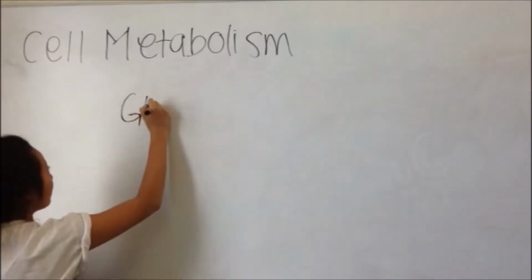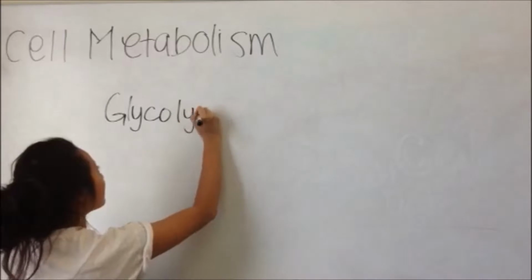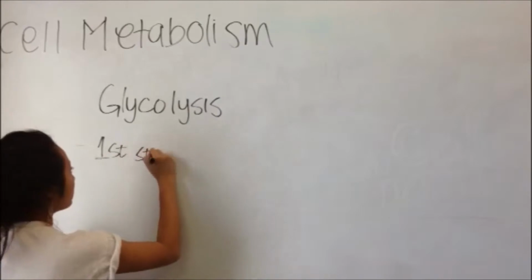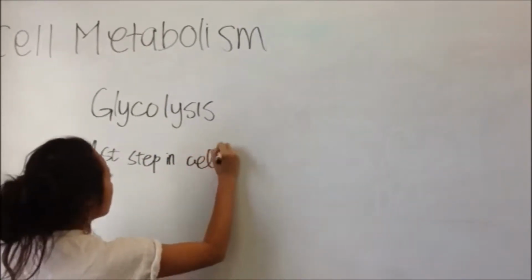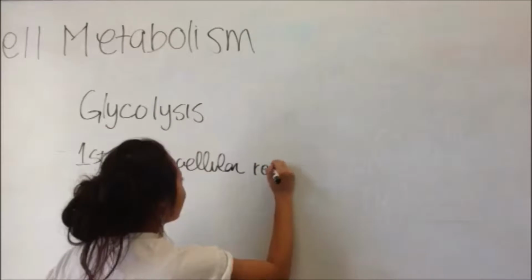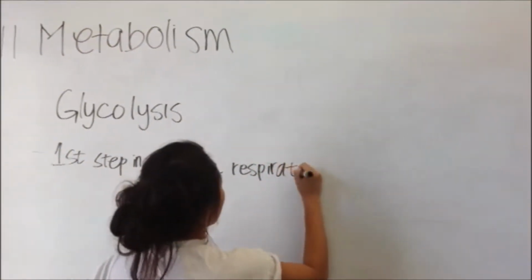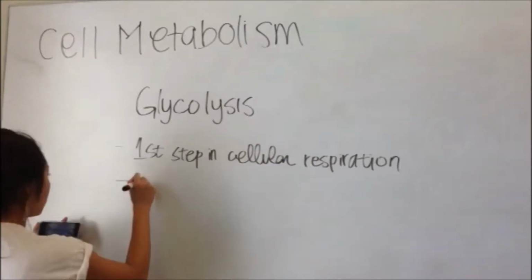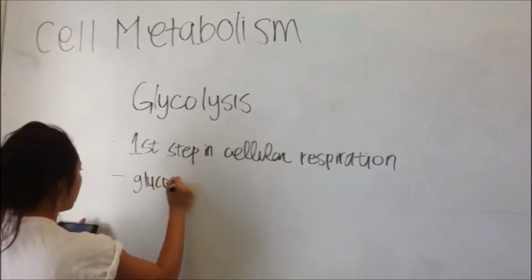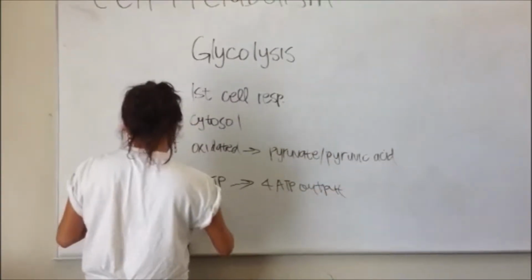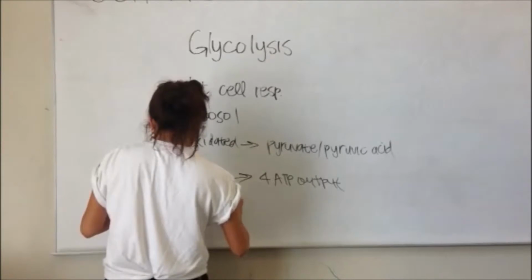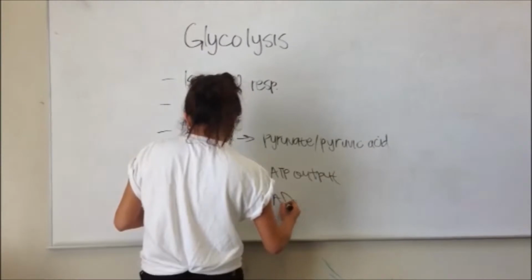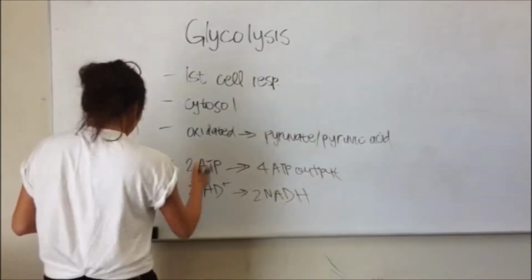Today I'm going to be talking about glycolysis. This is the first step in cellular respiration. During glycolysis, glucose also requires 2 molecules of NAD+, which lead to make 2 molecules of NADH, and also for this process,